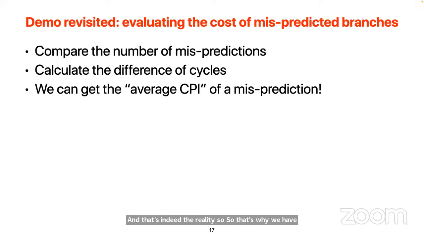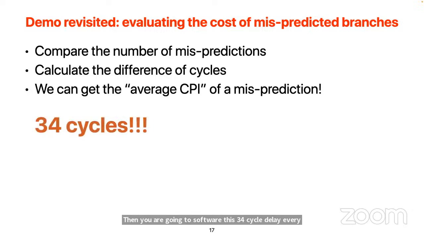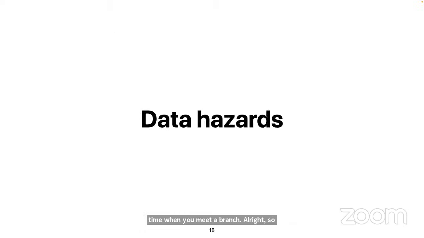But from this demo and all we have learned so far, the important message is that nowadays your modern processor has very good branch prediction. However, if you don't sort your data, or if you cannot find a way to make your execution pattern easier to predict, then you are going to suffer this 34 cycle delay every time you meet a branch. Later this week, we will talk about some programming techniques to make the behavior of your code easier to predict. But for now, let's continue our discussion on the third type of pipeline hazard, that is data